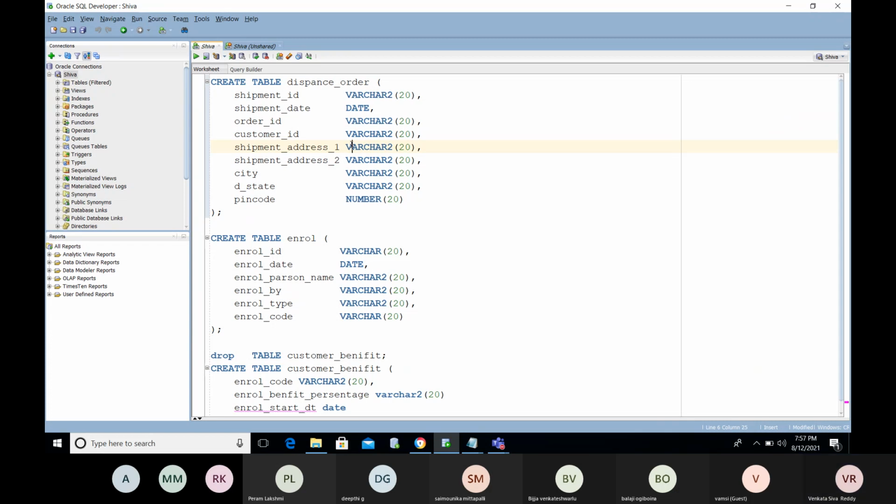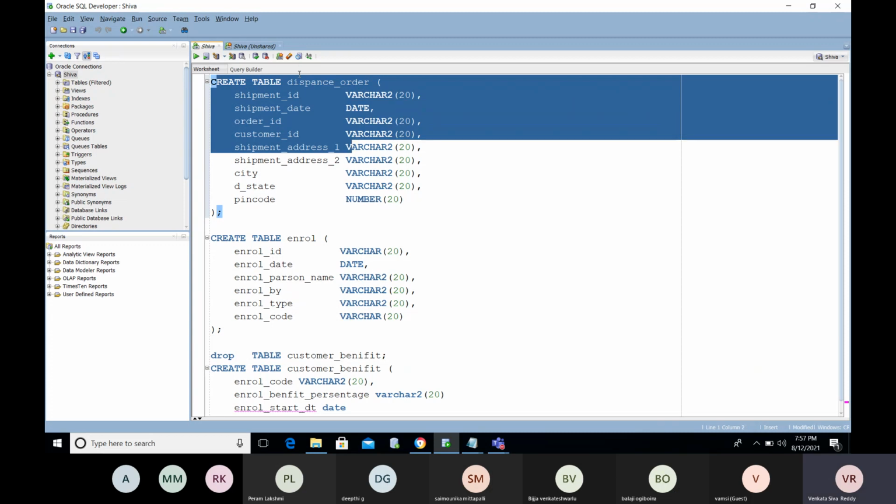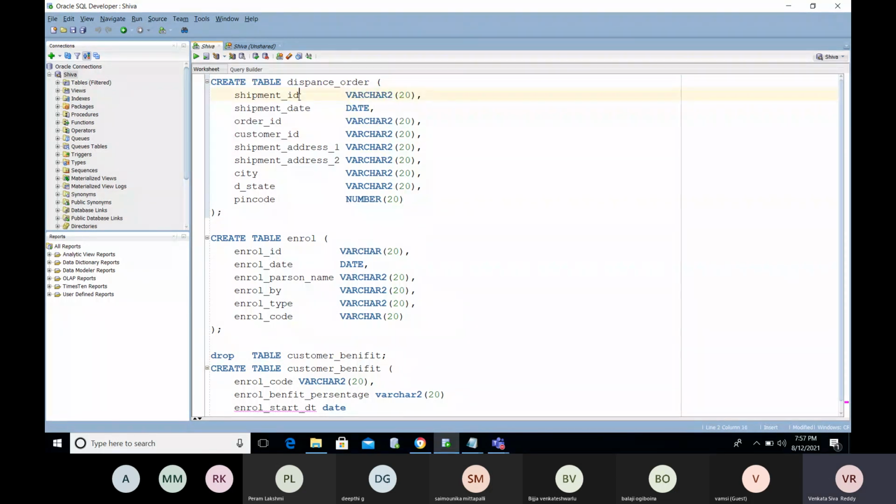If someone has ordered, the order needs to be delivered, right? Whether it is online or offline, whatever it may be, we need to deliver the order. So that needs to be captured. That delivery information will be maintained in the dispense table, like a dispense order.